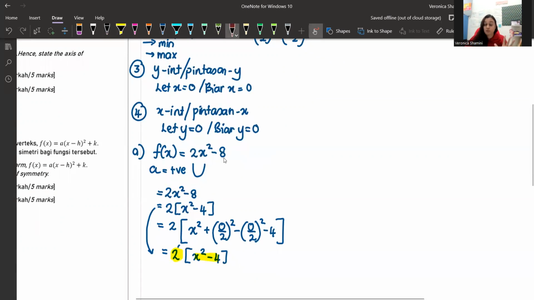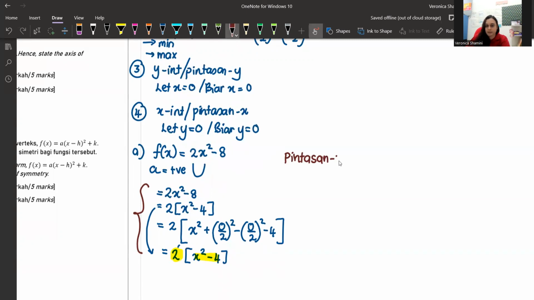So teacher, when should I realize this? Teacher, bila tak perlu buat penyempurnaan? When you see tak ada B. When you see there is no B, you don't have to do your completing the square because you won't really get the answer using it. Okay, so what you do? This part we actually can skip. Kita skip. So we go to the third one. We cari the pintasan Y. We find the